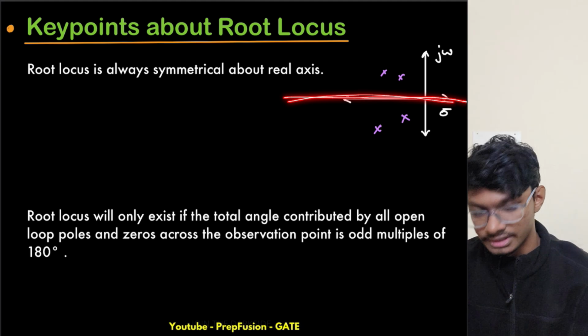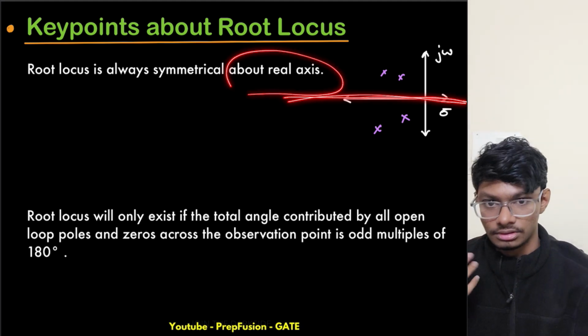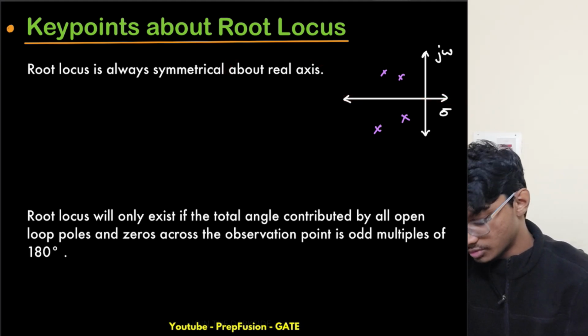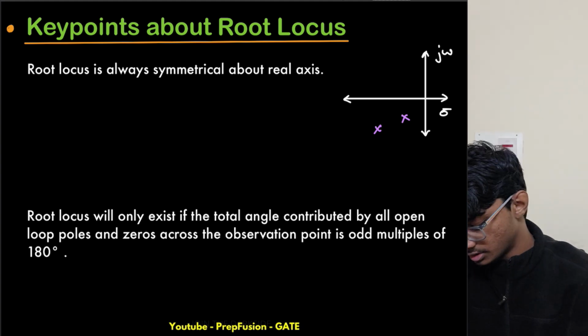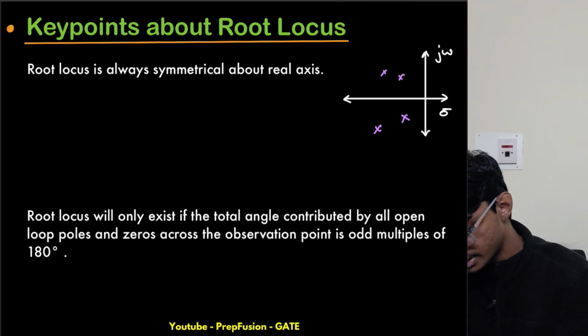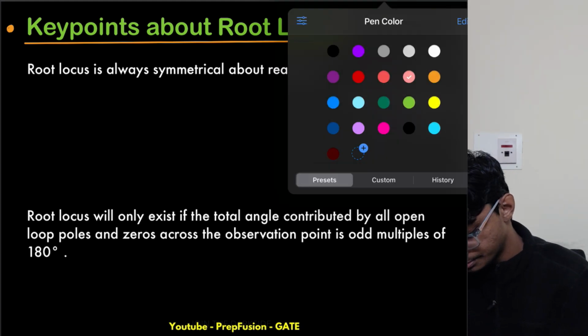It is symmetrical about my real axis. Okay, that's why this is mentioned. It is symmetrical about the real axis. So why is this the case? Obviously we know this already, right? Okay, I will keep this. So why is this the case? The case is like this, because